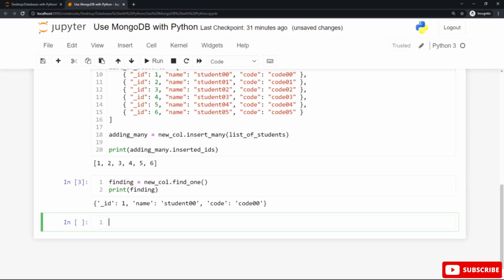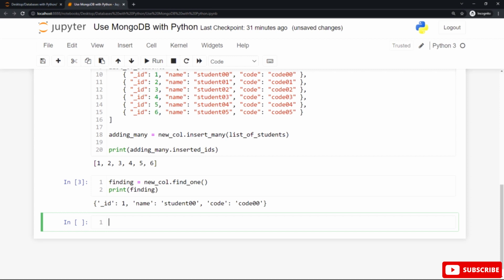The find one method is used to return the first occurrence in the selection, like this document here, the first document or the first occurrence in our collection called new students. And also, if you want to select all the data from the collection called new students or any collection you have created, you can use the find method to do that in MongoDB.